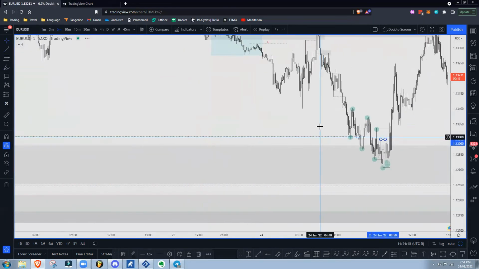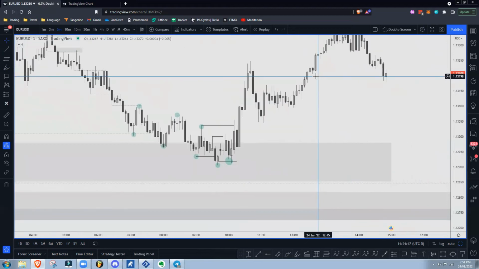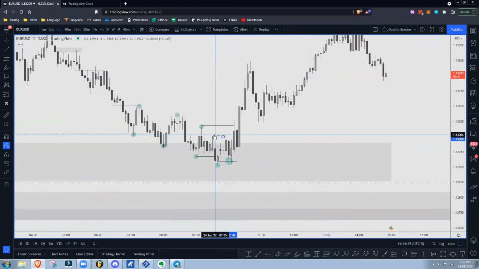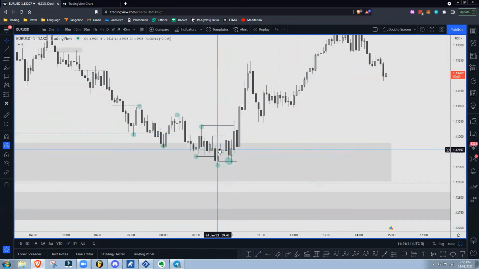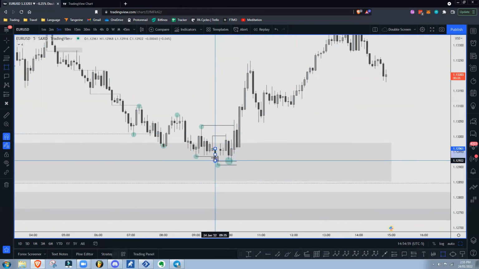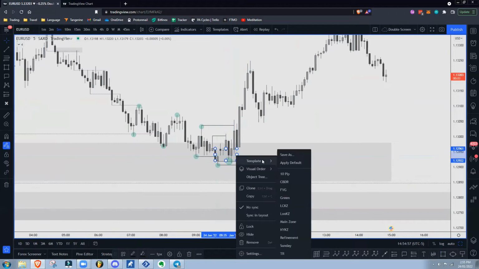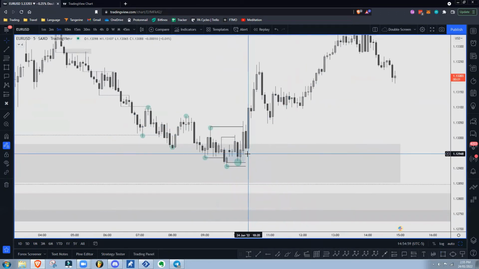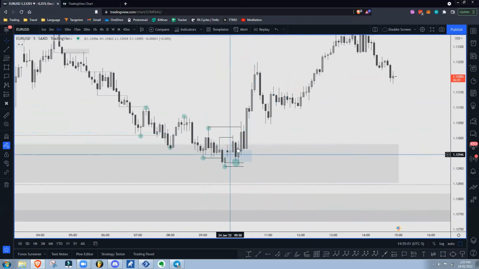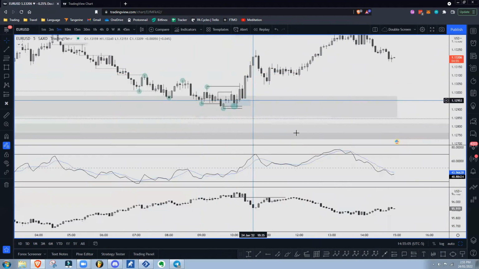If we look on the 5 minute, I don't even think it was any 5 minute structure that it broke. Yeah, I guess you can say that it was the 5 minute structure, and realistically, this is the high probability order block right here, this last down candle. So as soon as that happened, you could have been looking for longs from there. Personally, I wasn't, because of what I saw in the works.